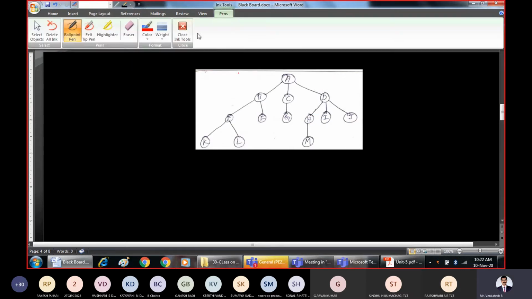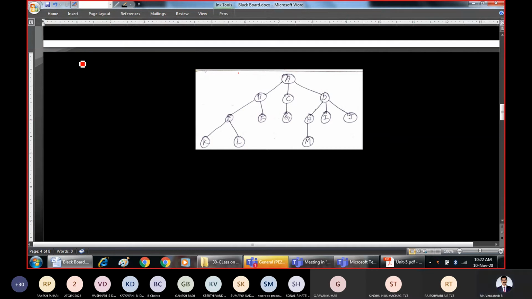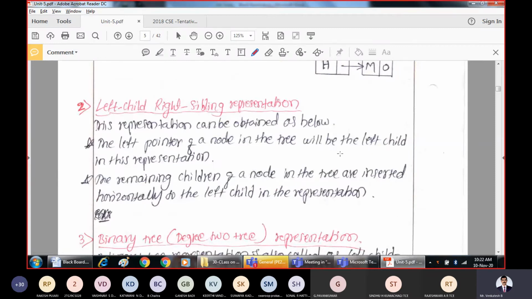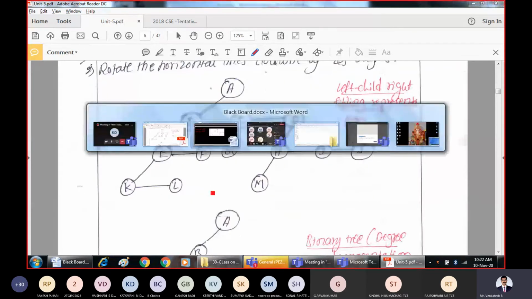What the definition says for the left child right sibling representation: the left pointer of a node in the tree will be the left child as it is. The remaining children of a node are inserted horizontally. So that is how this is.